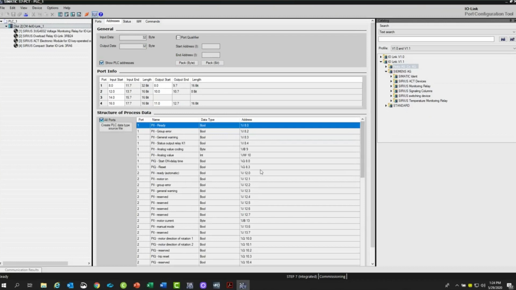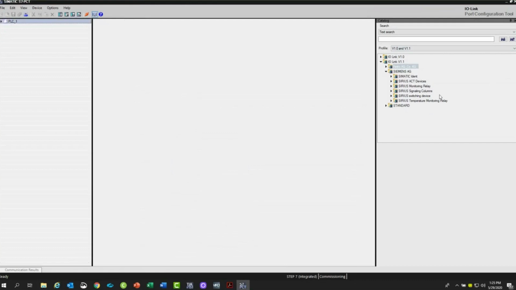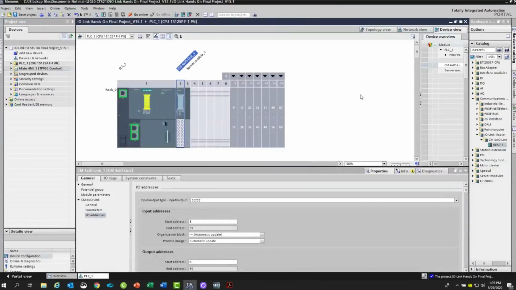Now, what's nice is, from a tag standpoint, I can actually take all of this information that's in this port configuration tool and export it as a UDT file to be used in the portal software. So I'll show you how I do that next. So again, the PCT tool not only can be a configuration tool, but it can be an online commissioning and diagnostic tool as well. So if I close up this PCT tool and get back to the regular project,